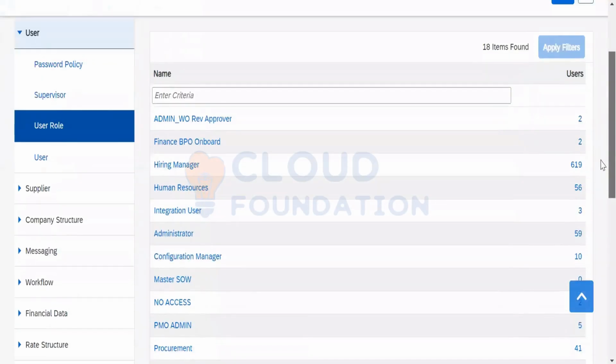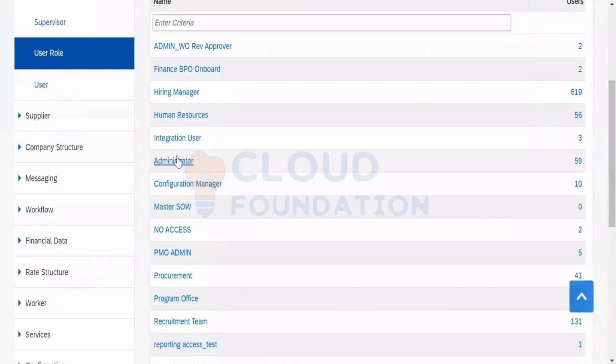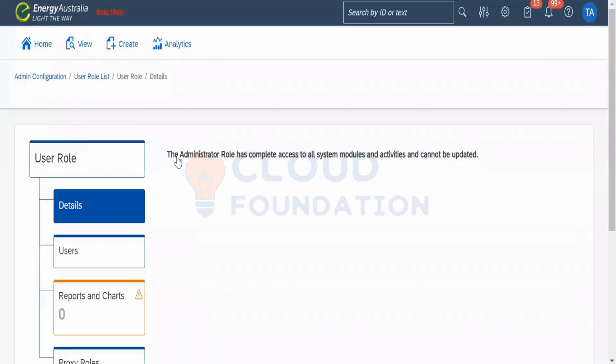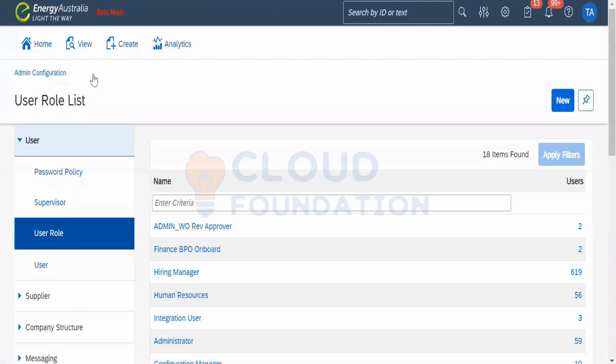We have got numerous users here. We have got the admin status here. Admin status might not be all from Energy Australia. Even admin users are supposed to be from other service companies as well, might be even technologies serving some part of the integrations or some part of the Fieldglass technicalities, or the complete Fieldglass technicalities.